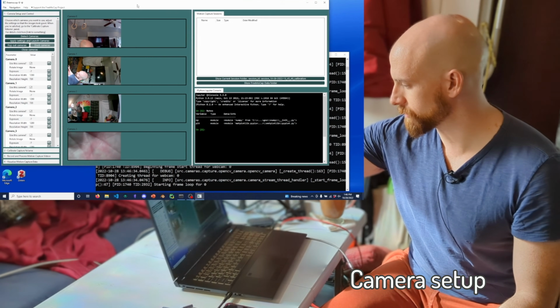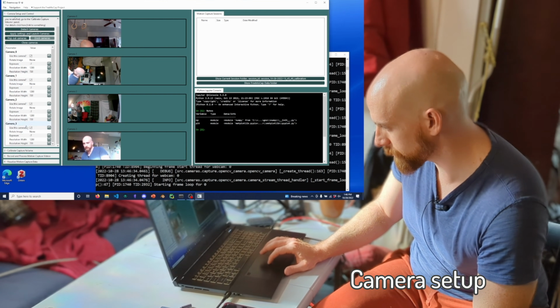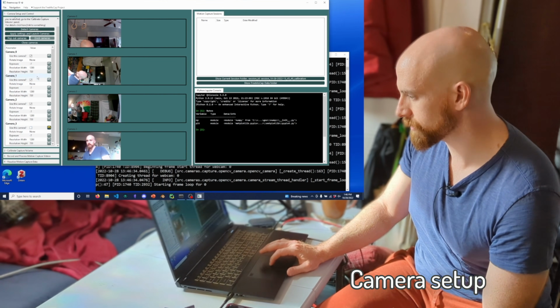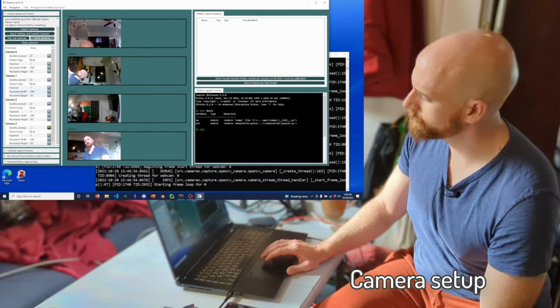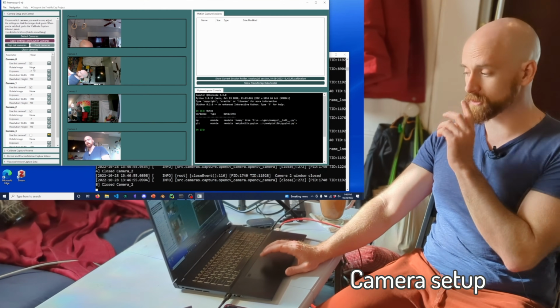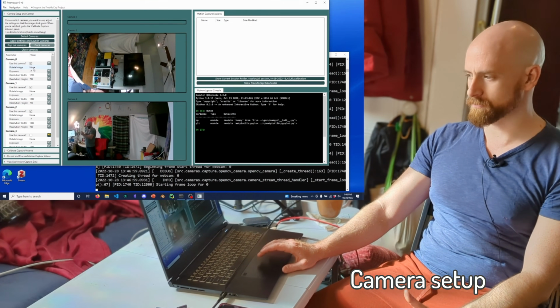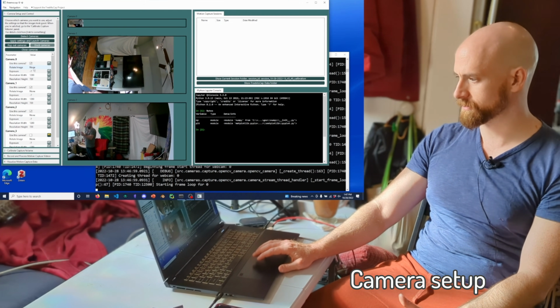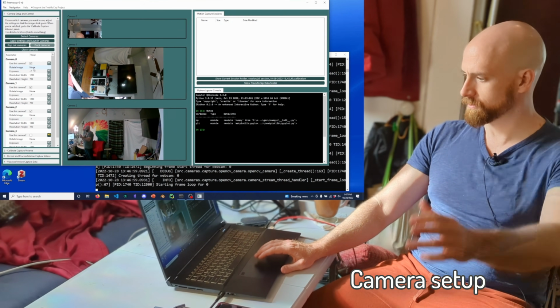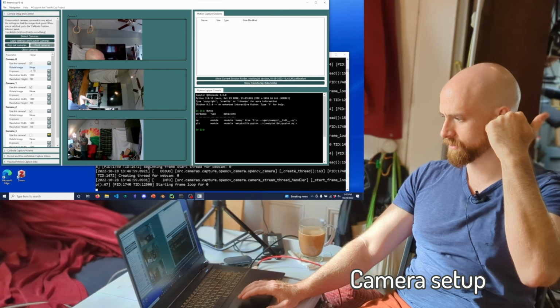Okay, camera 3 appears to be the laptop camera, so I'm going to go down here and uncheck that, and then I'm going to, let's see, anything else I'm going to do first? No, I'll just let that apply settings and launch cameras. There's no reason why I couldn't use the laptop camera for this. I don't understand it as much, so I'm not going to. And here we go. It's doing that weird thing. Is this going to work, or am I going to have to?